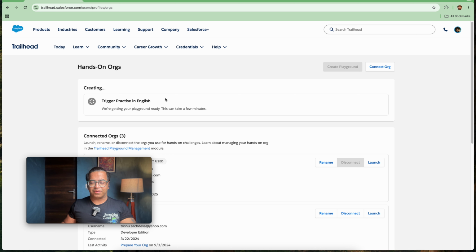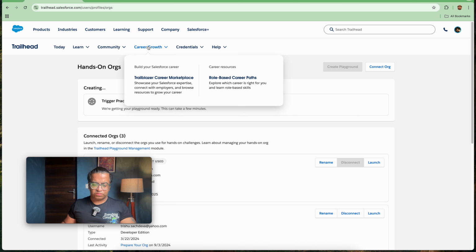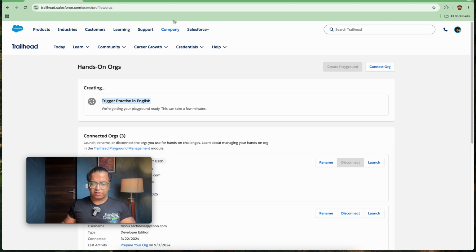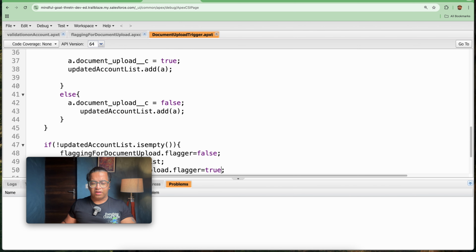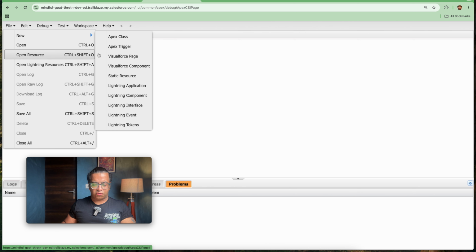It is still in progress. Until this organization gets created, we have to work on the previous one. So let's close the other triggers. I will be creating a separate trigger on task. So File, New, Apex Trigger.